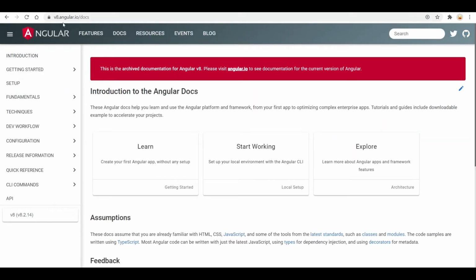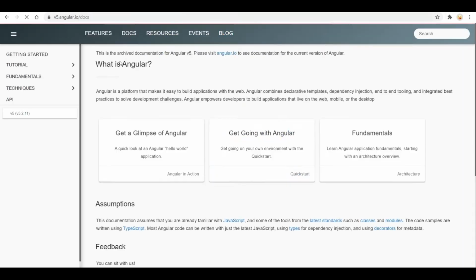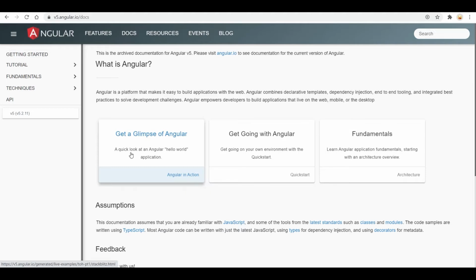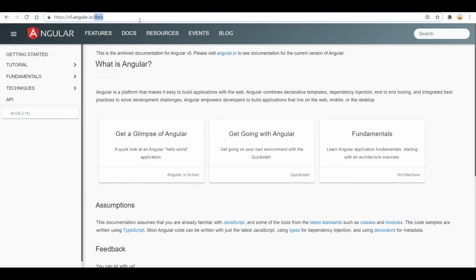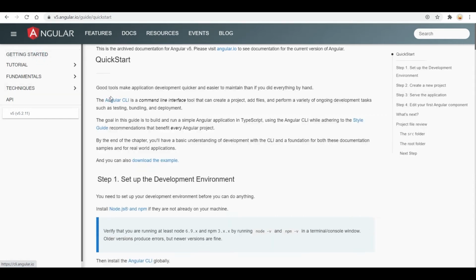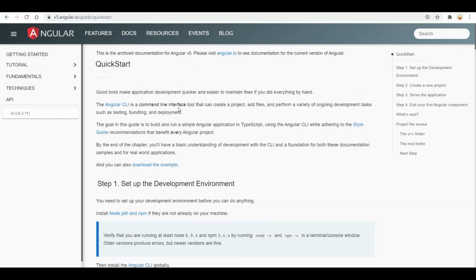But we can see that for every different version of Angular, we can see its docs using v5 or v6.angular.io/docs. Let's go and check what is available inside the documentation. So I think everything is the same, whether it is version 5, version 6 or 10.